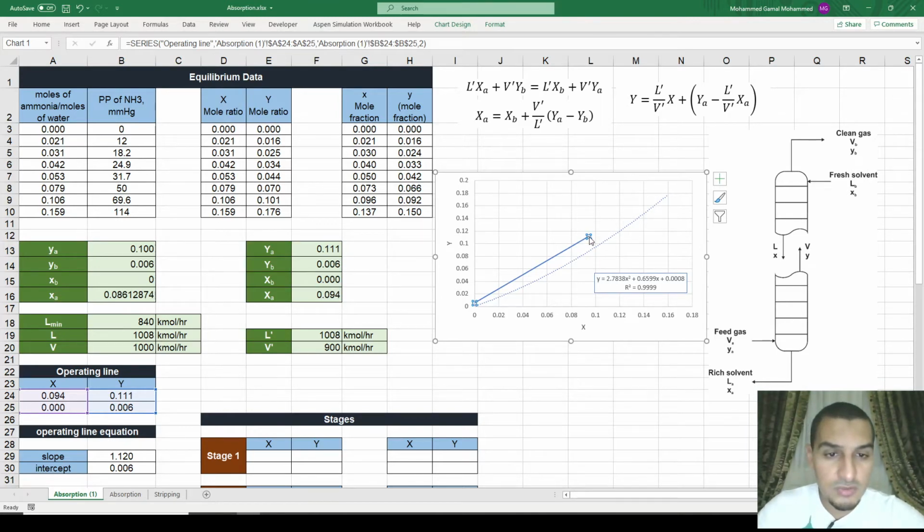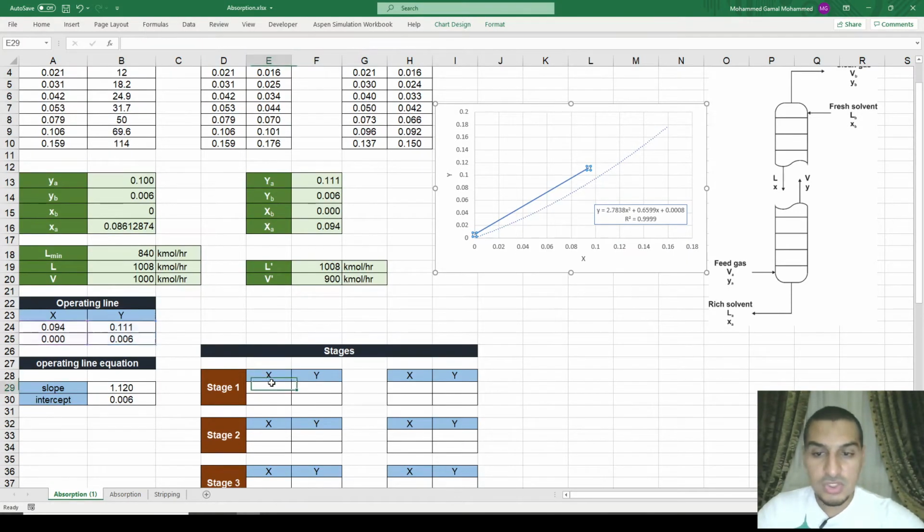The top part of the operating line is the lowest part of the column, and the bottom part of the operating line is the maximum point on the column. So I want to start by drawing a line starting from xa and ya and going down. So each line is represented by two points. The first point is xa and ya, which is this and this,